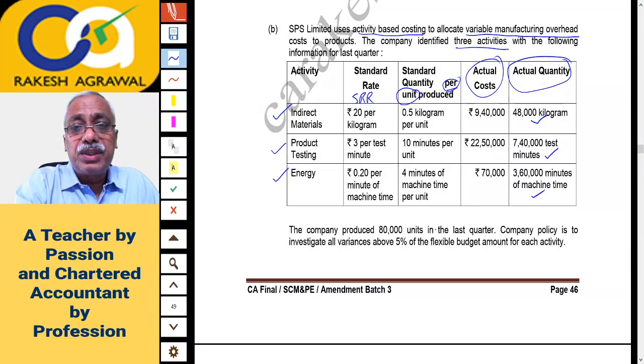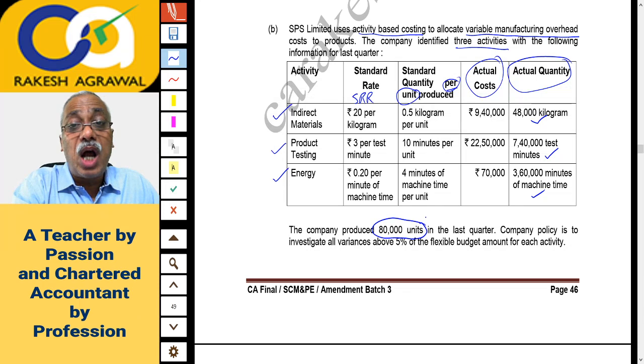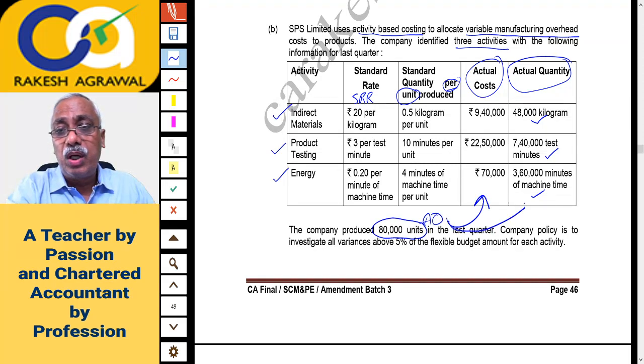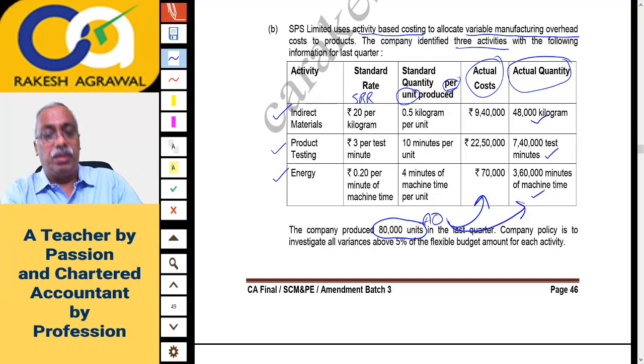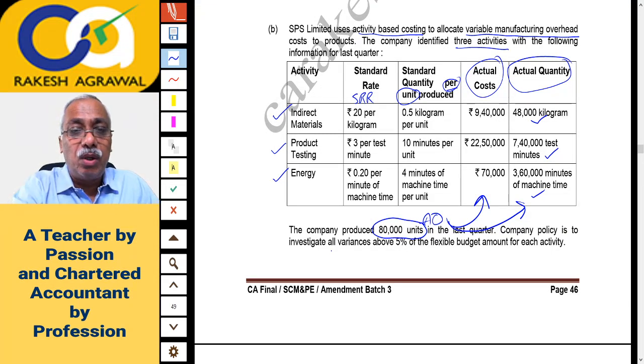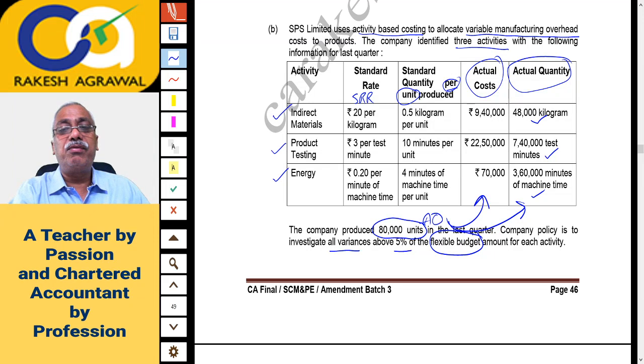The company produced 80,000 units in the last quarter. This is actual output. And to produce this actual output, this is the actual cost, and this is the actual quantity of input consumed to produce that output. Now, the company's policy is to investigate all variances above 5% of the flexible budget amount for